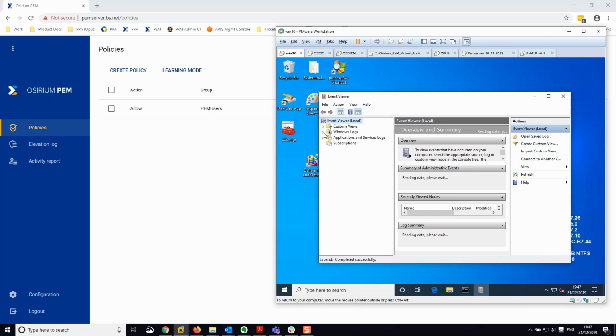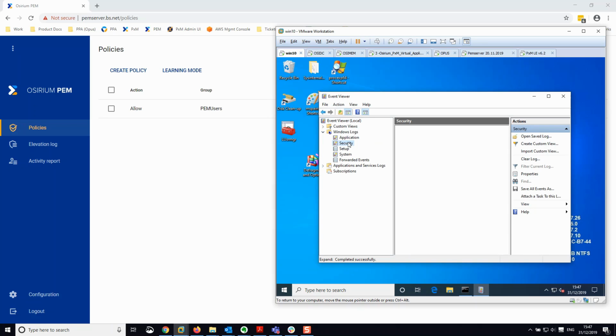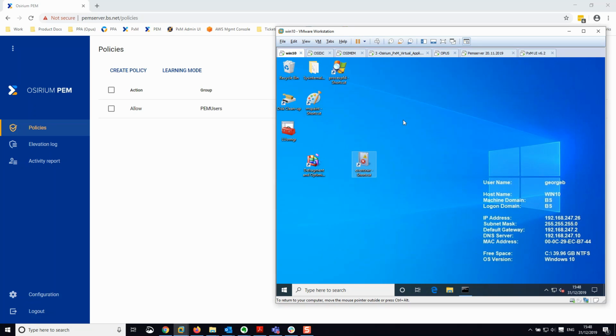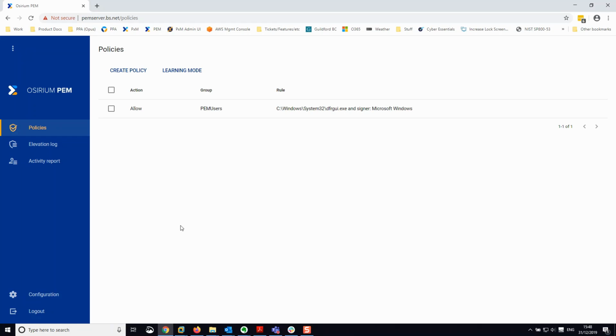If he tries to do that, you can see that he's not allowed to see the security log because he's not an administrator, so we need to create a policy for him in PEM so he can elevate himself to run Event Viewer as administrator. What I'll do now is go back to the PEM admin console, and as you can see, if